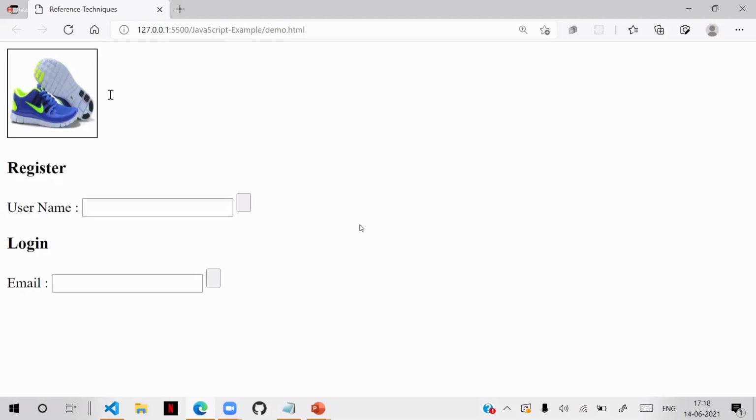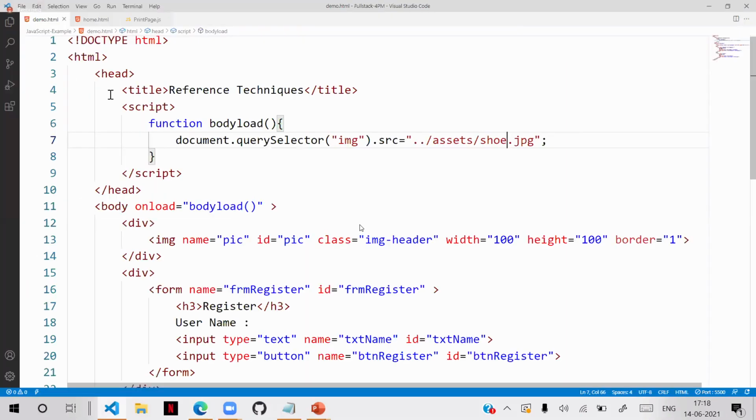This is more convenient. Sometimes you have ID problems, sometimes you have name problems, sometimes you have class problems. Then you can go with this. Query selector can use all the CSS selectors and access your element.